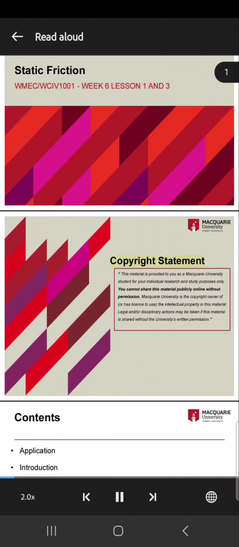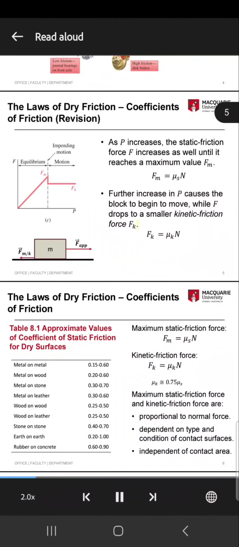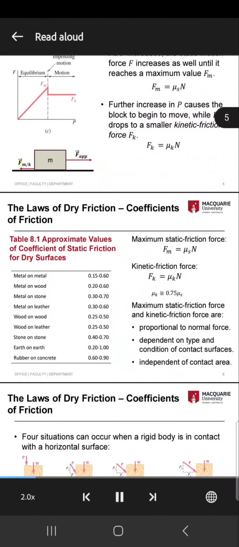Static friction. The laws of dry friction, coefficients of friction. Further increase in P causes the block to begin to move, while the friction drops to a smaller kinetic friction force, F_k equals mu_k N. Maximum static friction force and kinetic friction force are proportional to the normal force and dependent on the type and condition of